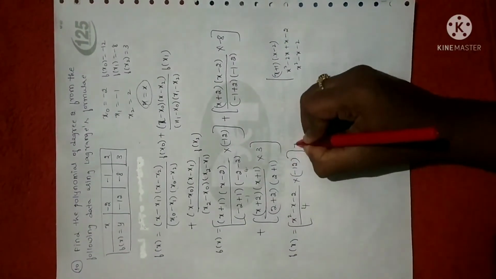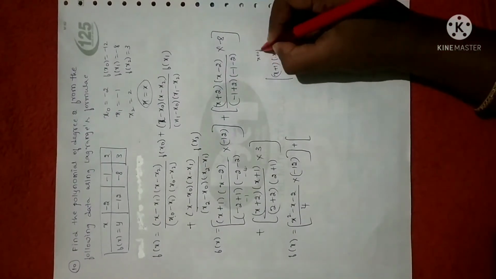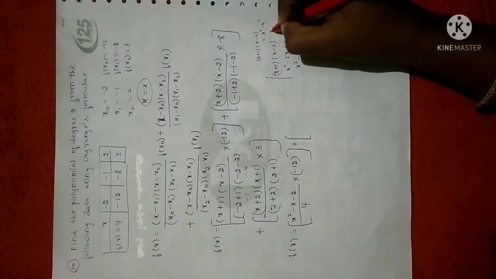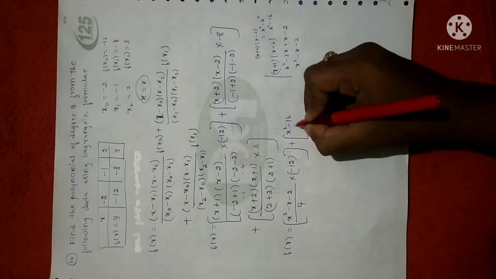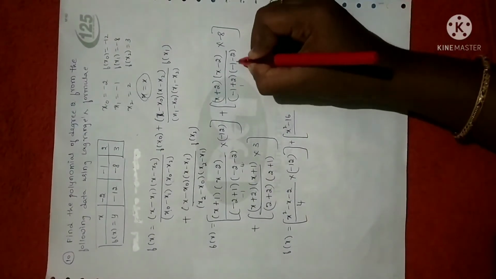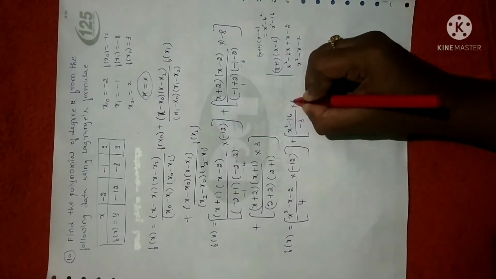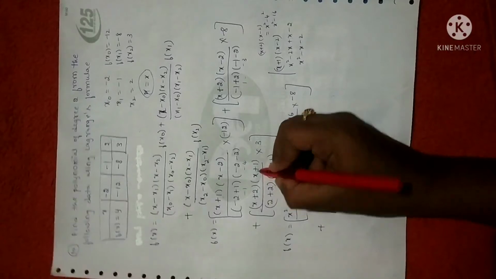Fine. Next second term, plus x plus 2 into x minus 2. It is of the form a plus b into a minus b. It is a square minus b square, x square minus 4 square. So you will get x square minus 4, 4 is 16. So I can write this as x square minus 16 divided by 2 minus 1 is 1, minus 1 minus 2 is minus 3. So you will get minus 3 into minus 8 plus x plus 2 into x plus 1 we need to